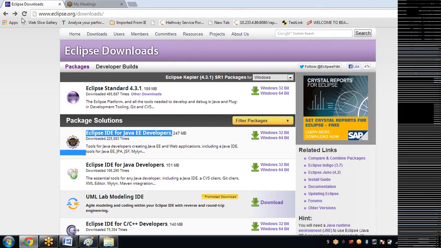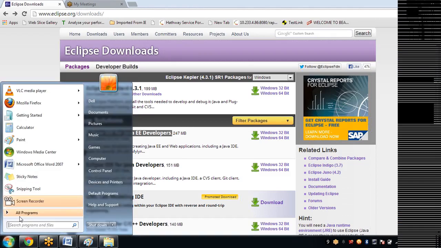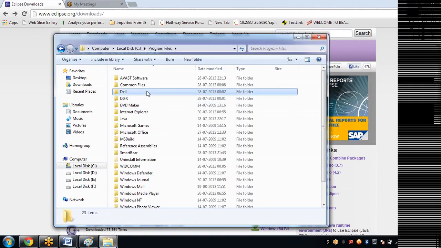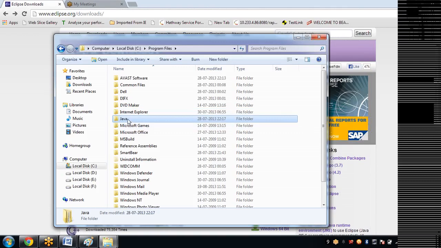So go back, and first verify whether you have Java on your machine or not. How will you do that? Just go to Program Files and type Java. If you have this folder, that's more than enough. Don't do anything. Go and open Eclipse and start working.